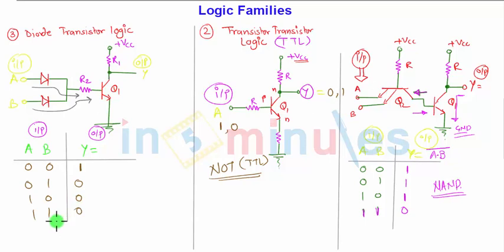So this is a negation of the OR operation, meaning Y is equal to A OR B, negated. If any bit is present, then it will be an OR operation. So this is 0 1 1 1, this is nothing but the OR operation, and what we are having is the negation of OR. So this is nothing but the NOR gate. DTL NOR, you can call it diode transistor logic. This is the family DTL, and the example shown here is the NOR.